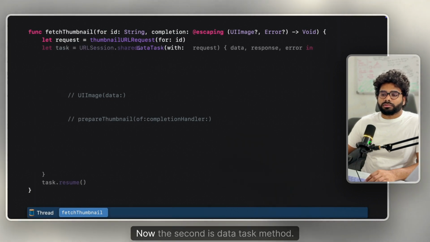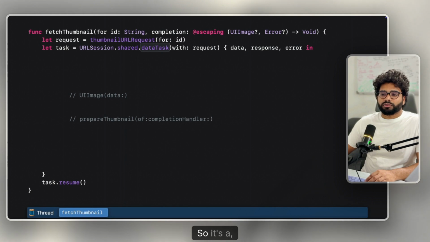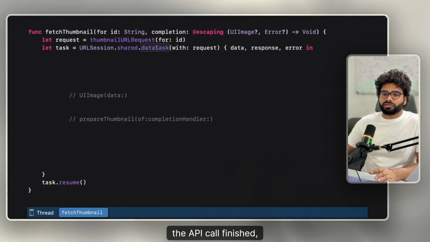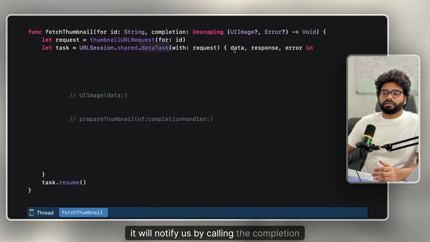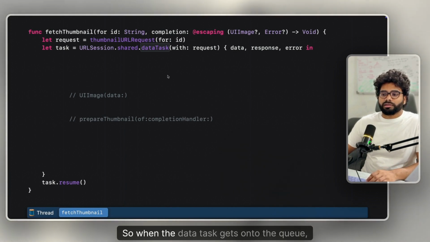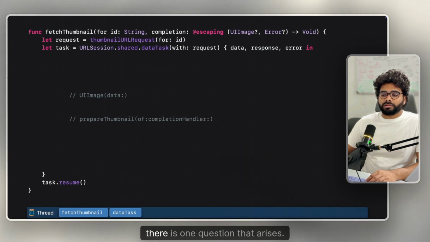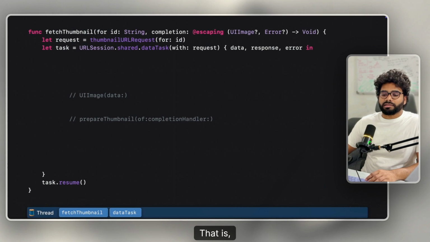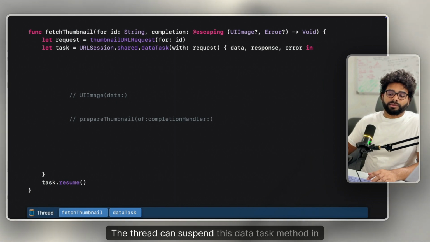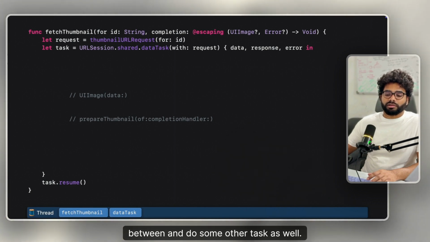So let's move on. Now the second is the data task method. It's an asynchronous method. It will take the request and make the API call. Now this API call will be made, and once the API call is finished, it will notify us by calling the completion handler with the data, response, and error in it. So when the data task gets onto the queue, there is one question that arises: since it's an asynchronous operation, it will not block the thread. The thread can suspend this data task method in between and do some other task as well. Before we see that,